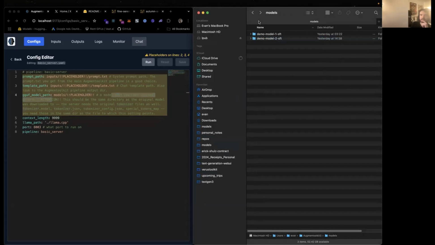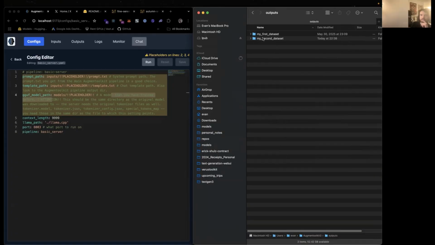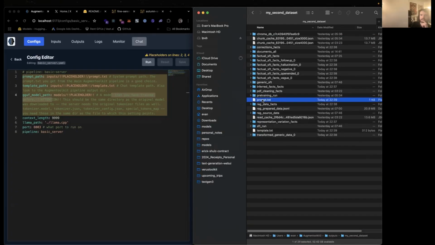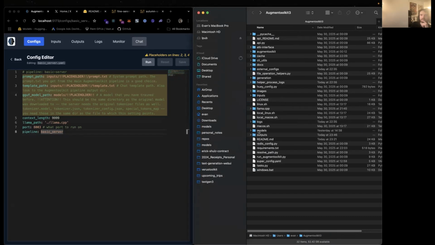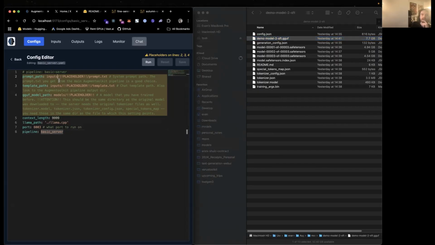The prompt path is the file you see in your output directory called prompt.txt. Let's give a path to that. Template.txt, same thing. And the GGUF model path will be in models, and then the thing you trained. Give a path to the file that ends with GGUF. It will probably be about 7.7 gigabytes. So paths to those, and then hit run, and that will open the model up in the chat window,